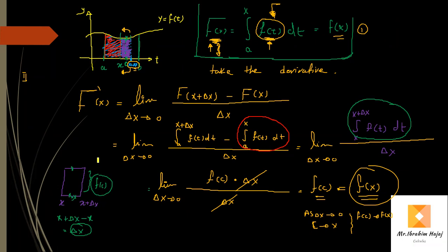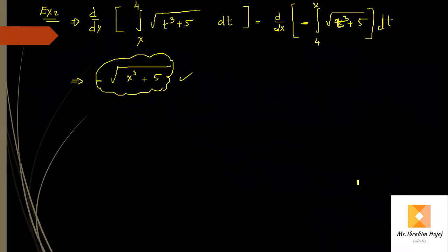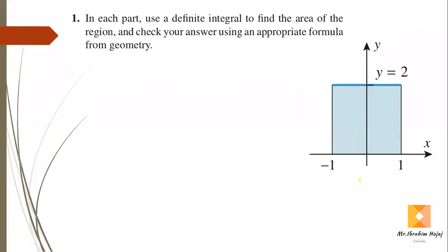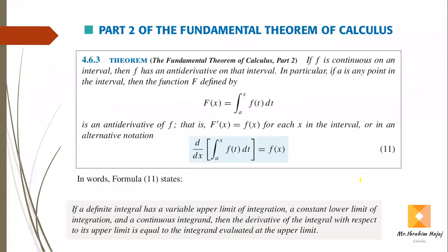Here in this part, when I explained how to find, when we reach the last step to find the area of the purple rectangle, we said that there is a value c between x and x plus delta x, so that the height f of c times delta x gives us here the area of this purple rectangle. So I think it's the same as the mean value theorem of integrals. When we move back to the theorem,